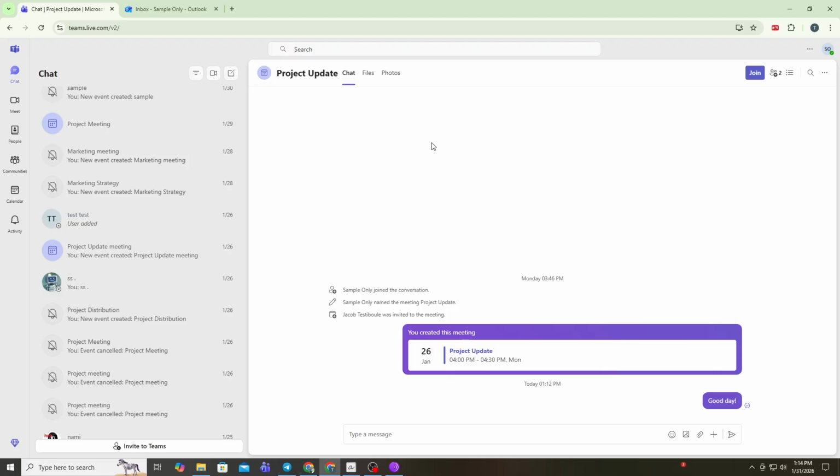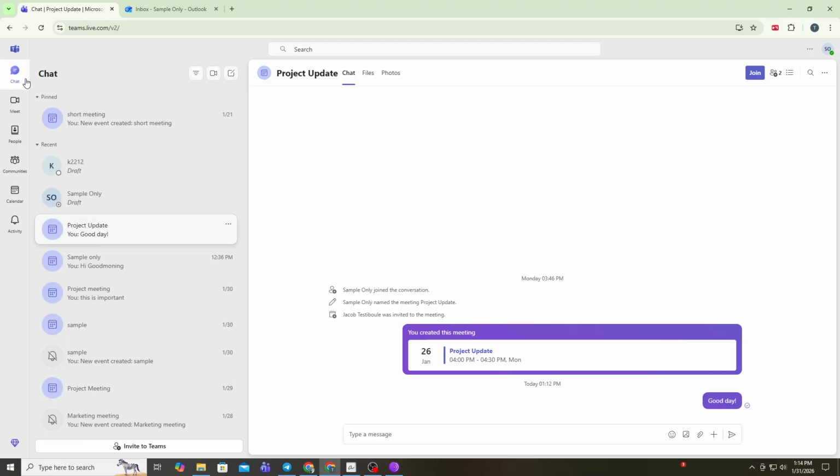Let's get started. First, open Microsoft Teams and go to the chat or channel conversation you want to forward. Find the specific message you want to share. Hover your mouse over that message, then click the three dots to open more options. From the menu, select Copy Link if you want to share the conversation directly, or Copy if you want the